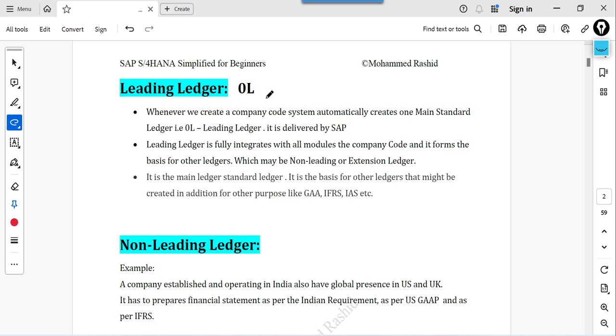So this is a leading ledger. Whenever we create a company code, the system automatically creates one standard ledger, that is called this one. And the leading ledger is fully integrated with other modules. It forms the basis for other ledgers also. The intention of mentioning that it is the basis for other ledgers is this: